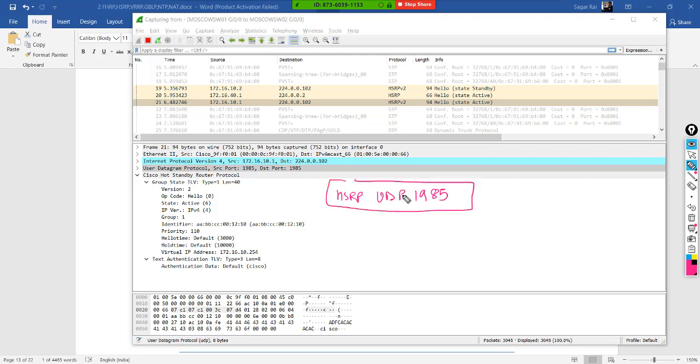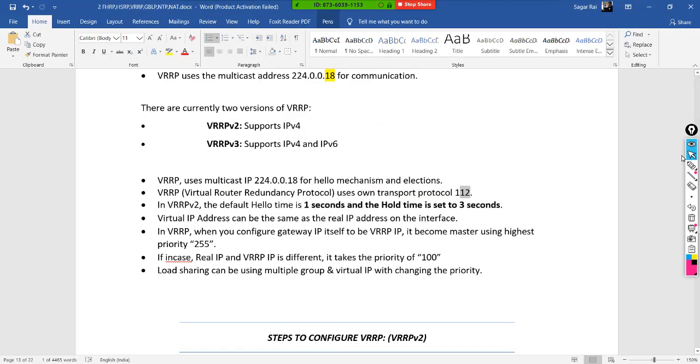This is a UDP protocol number in the case of HSRP. In the case of VRRP, it is going to have its protocol number 112. Okay, so we will see this in the packet tracer as well. Regarding the timers, it's going to have 1 and 3 seconds. Okay, the default timer is this, and yes, there are a few more additional